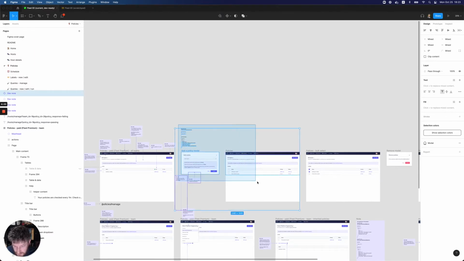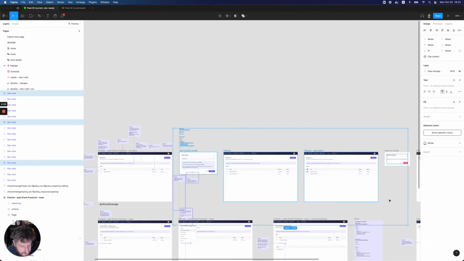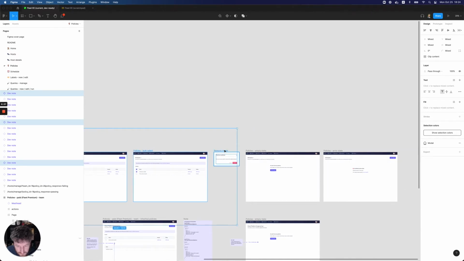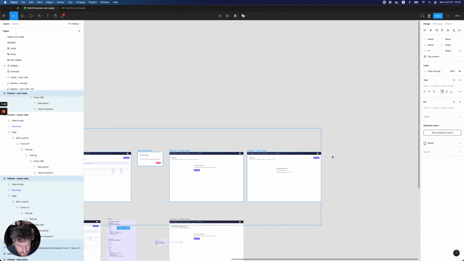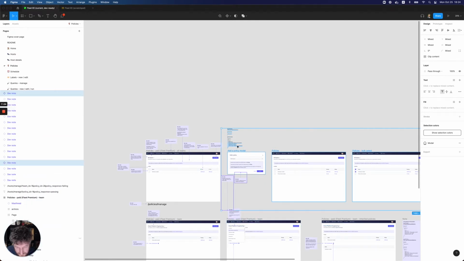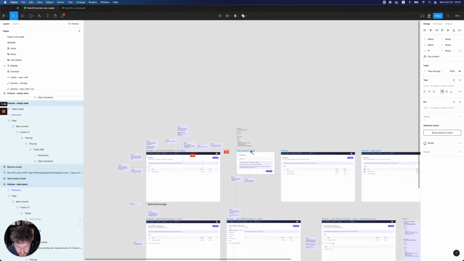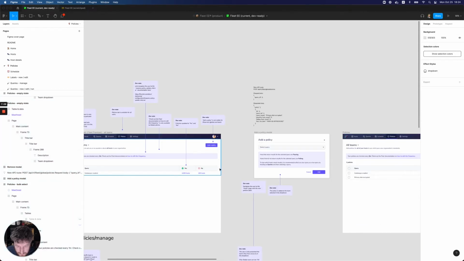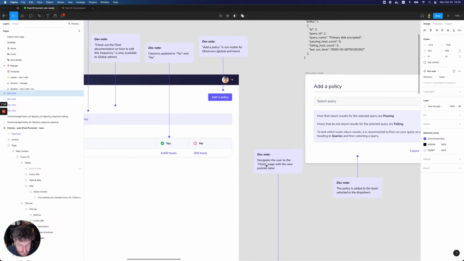So let's just select all of these. There's quite a lot going on. Let's just select everything. Okay. Let's not select that. And then we'll just drag it over, give us some more space to move. And we'll take this, we'll put it here, and then over in the panel on the right hand side of